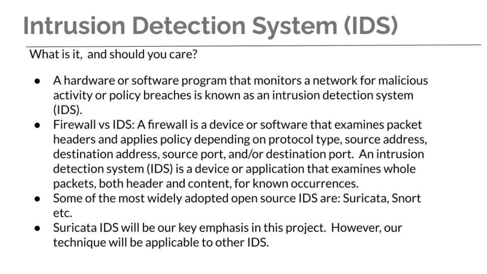Nowadays, there are many widely adopted open source IDS. Some common and prominent ones are Suricata and Snort. In this project, we will consider the Suricata IDS, and the main reason is that it is the first IDS that actually adopted the multi-threading feature in it, considering its performance. So that's why it is widely adopted in the security community.